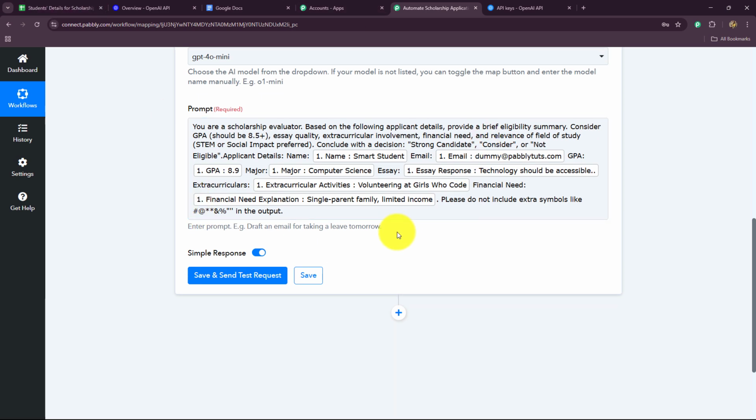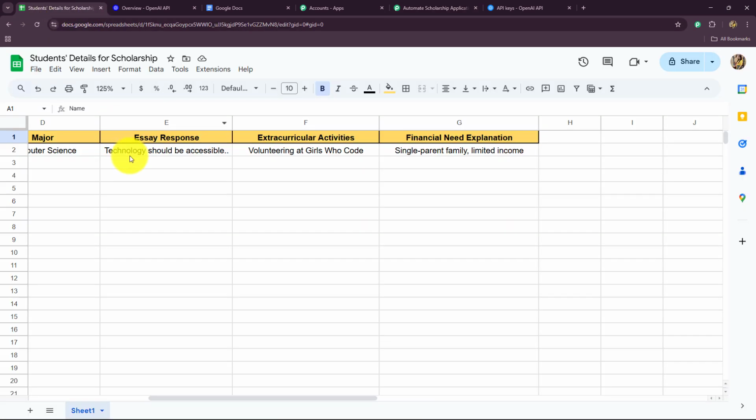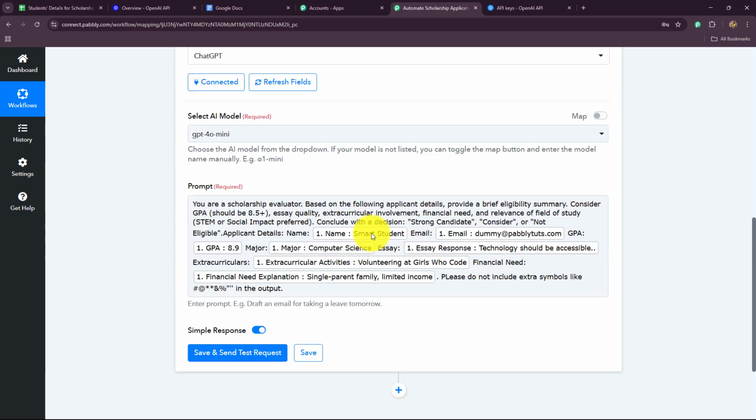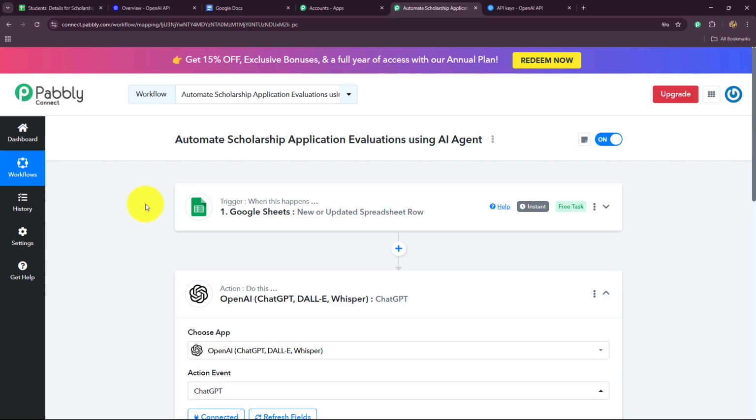So when we have mapped these details, as I told you, they have become dynamic and replaceable. Every time a new application is submitted by a student and the details are recorded over here in our spreadsheet, the response will be captured automatically, and these details which we have mapped will get replaced. In this way, we are going to automate the entire process of evaluating every scholarship application